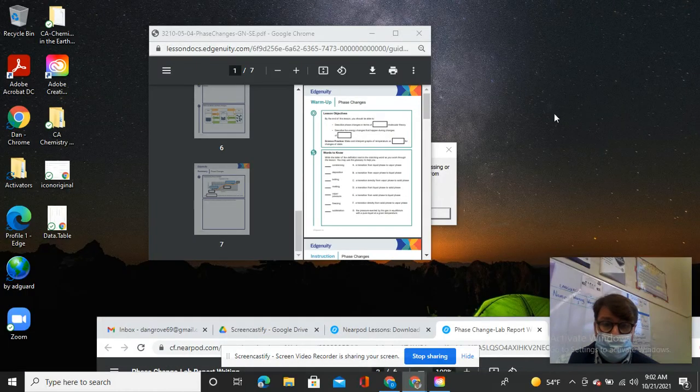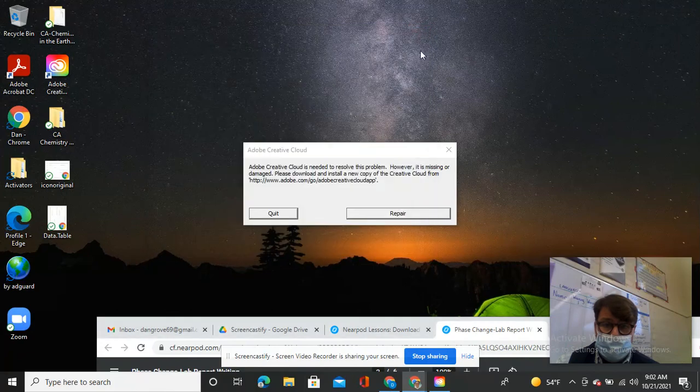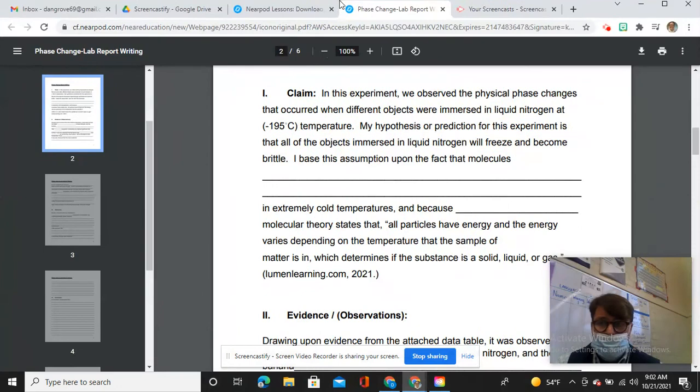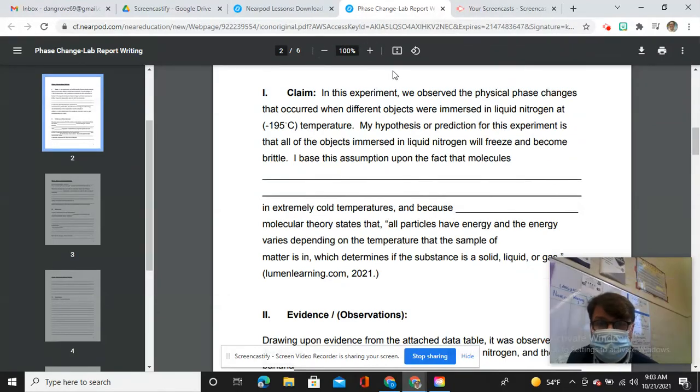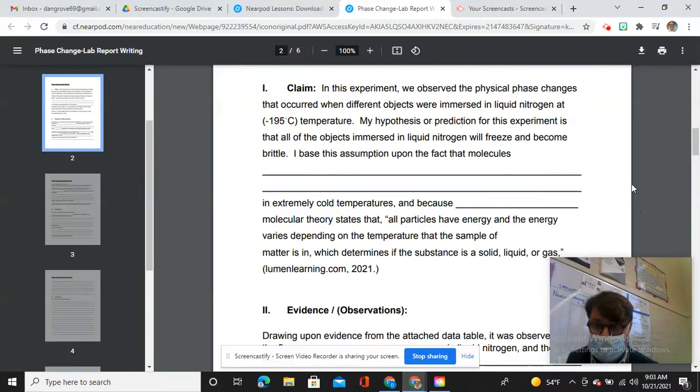Also, on Google, let me just clean this up a little bit. When you open it in Google, if you open a Google Doc, it will ask you to open as a Google Doc. It'll have a blue box. You should click on that, and over here it'll say save a copy. Okay, if you're opening this as a PDF, it doesn't do that. So then just click Microsoft Print to PDF. If you open it in Google Docs, click on the blue box and then do save a copy, and it'll save a copy to your drive. And that way you can type directly on the template. You guys, you don't have